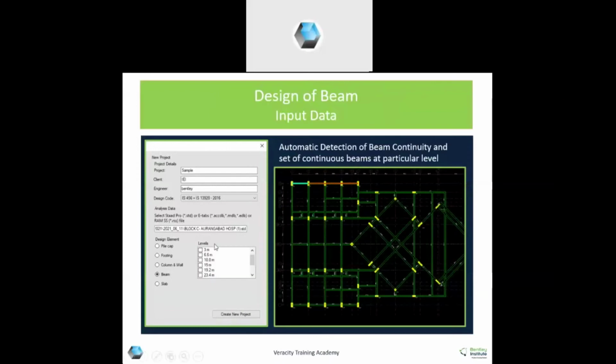So if you have 10 levels and if they are similar, only in two design configurations, you can design all the beams. But if you are having some variation in beam layouts at each floor, then you'll have to run this 10 times. But it is worth it, because after this, you can directly have the schedule as well as quantity part for the preliminary estimation.